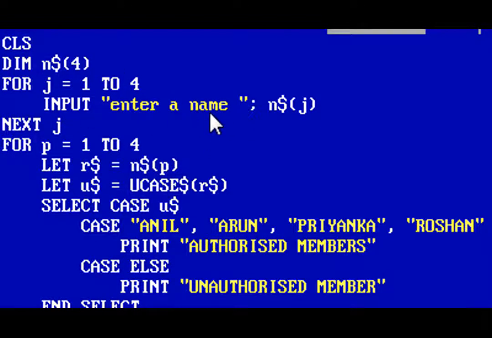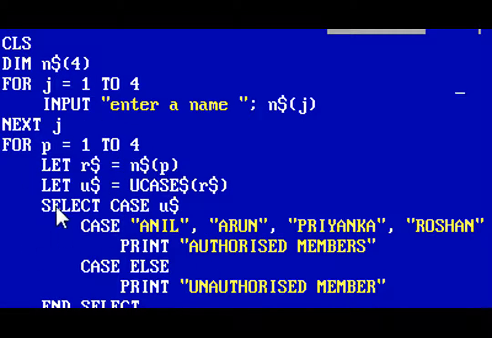Not a great deal. The user can input whatever name he or she wants. Now it's cool that we have inputted the four names, as this for next loop allowed the user to input four names, and he or she can input any four names whatever he or she wants. So now the program has done one task, and that is it has stored the four names.